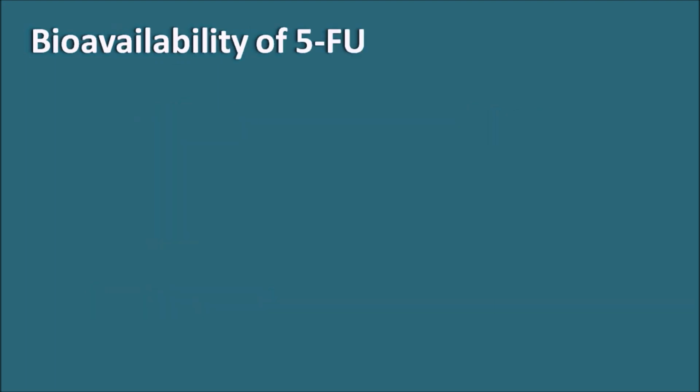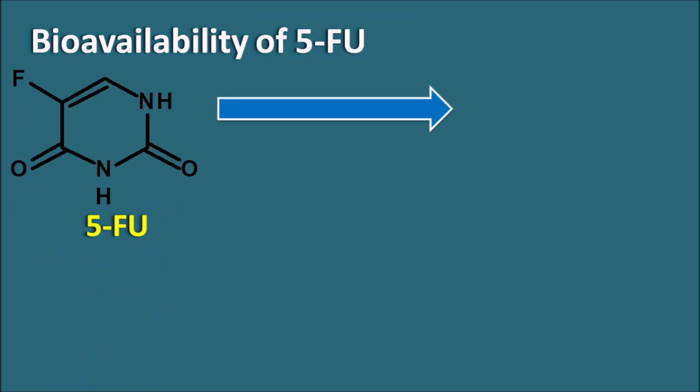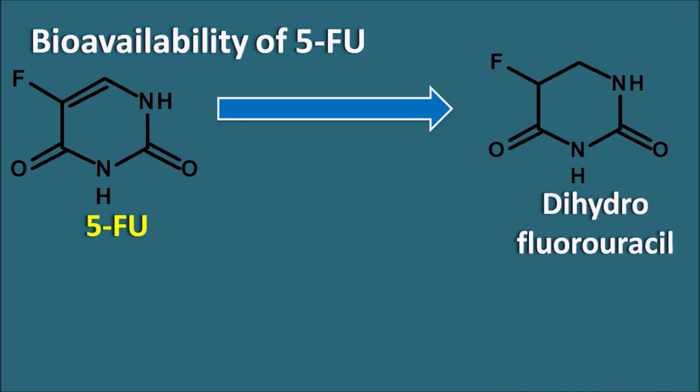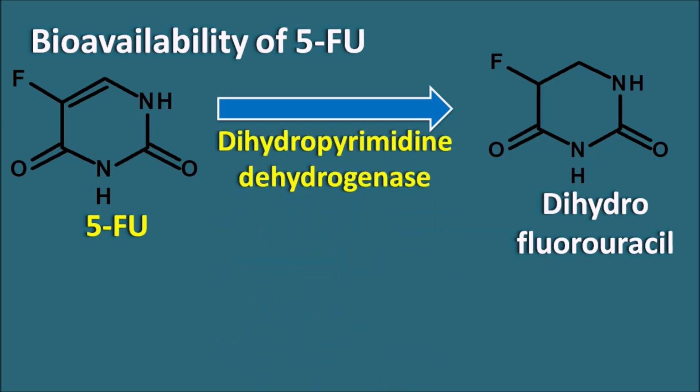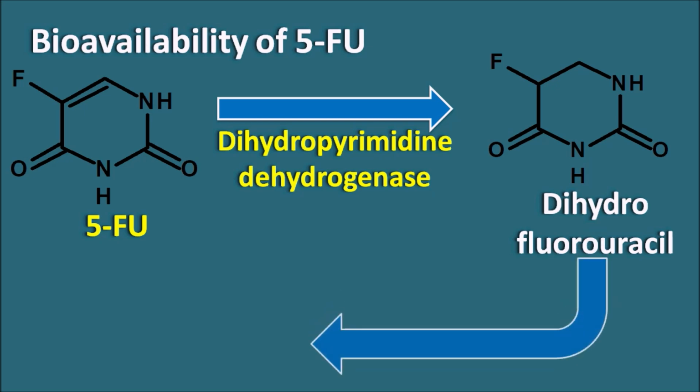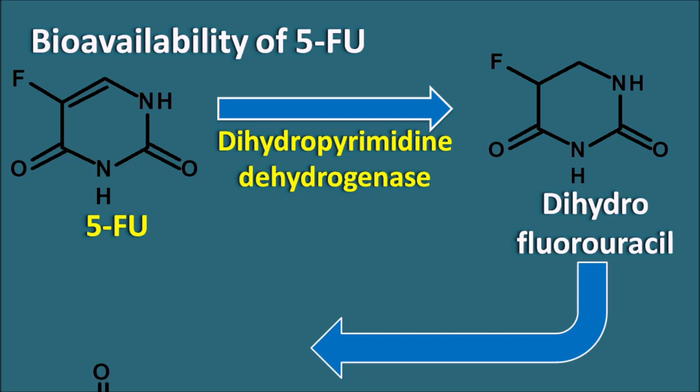Now the metabolism of the 5-fluorouracil. The 5-fluorouracil can be metabolized by reduction to one of its metabolites, which is nothing but dihydro-5-fluorouracil. And this reaction is mediated by the dihydropyrimidine dehydrogenase enzyme, which is a reducing enzyme. You can see that the 5th and 6th positions are saturated. This dihydrofluorouracil can undergo hydrolysis, and by sequential steps it can be converted into FBAL, that is fluoro-beta-alanine. In this way, 5-fluorouracil can be metabolized within the body by the dihydropyrimidine dehydrogenase enzyme.